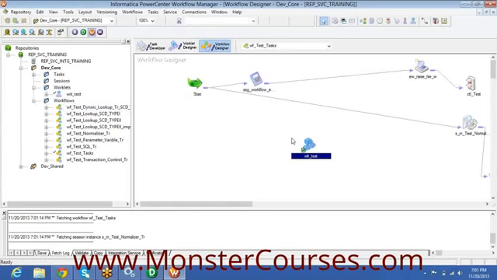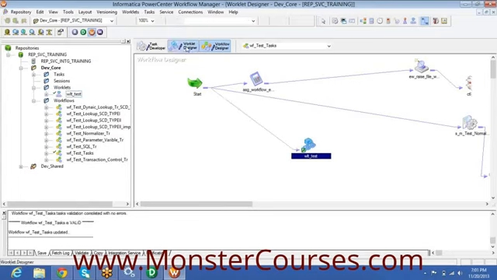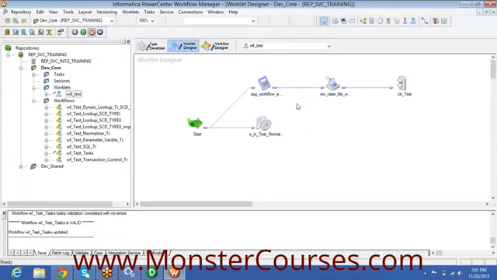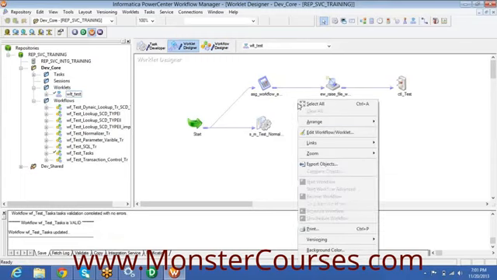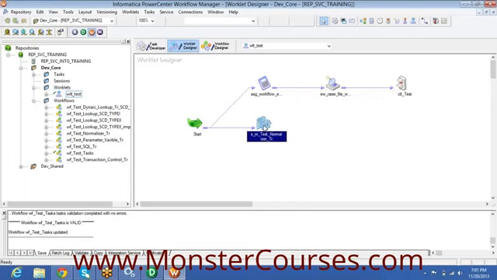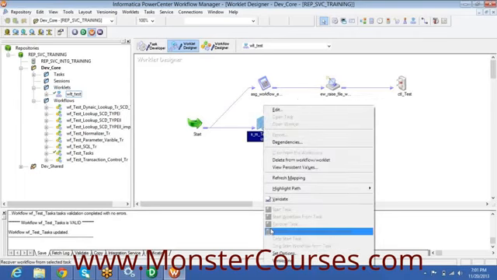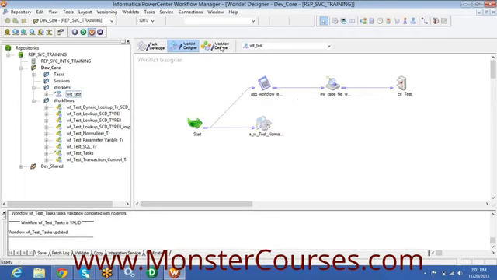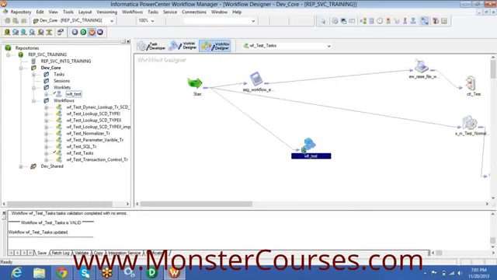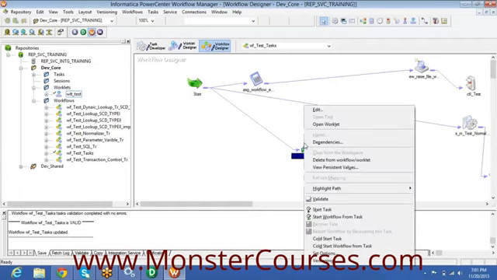Now you drag and drop the worklet, and then if you want, you can link it as a task within the workflow. Now if you go to the worklet, which is reusable and standalone, and I right click and try to start, these options are disabled. That means it is an independent worklet. You cannot start the worklet or any task within the worklet. If you want to execute the worklets, then definitely you have to use them within the workflow.